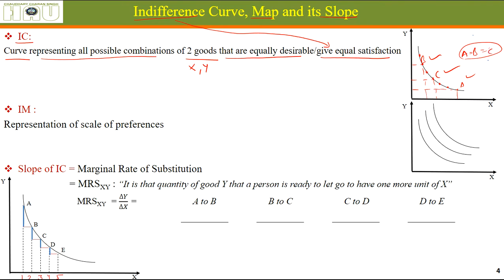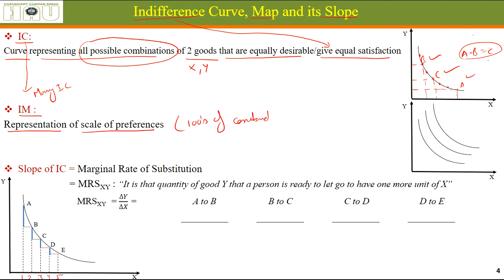Again, it is a curve which connects all the points of two goods that are equally desirable or give equal satisfaction. Indifference map. Herein there are many indifference curves. It is a representation of scale of preferences. As I told you, in scale of preferences there are hundreds of combinations of different quantities. All these combinations are equally preferable,